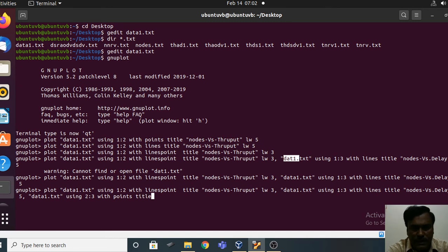And then you have to give the title, and you have to give this title name in double quotes. This time you are trying to plot the graph throughput versus delay, because in the data you know the first column represents nodes, the second column represents throughput, and the third column represents delay. So you are plotting throughput versus delay, so you can give the title accordingly.